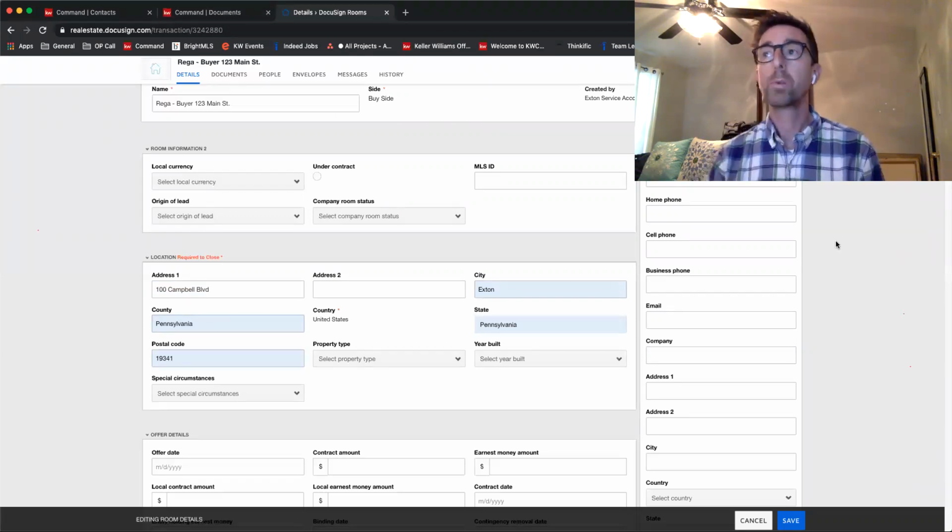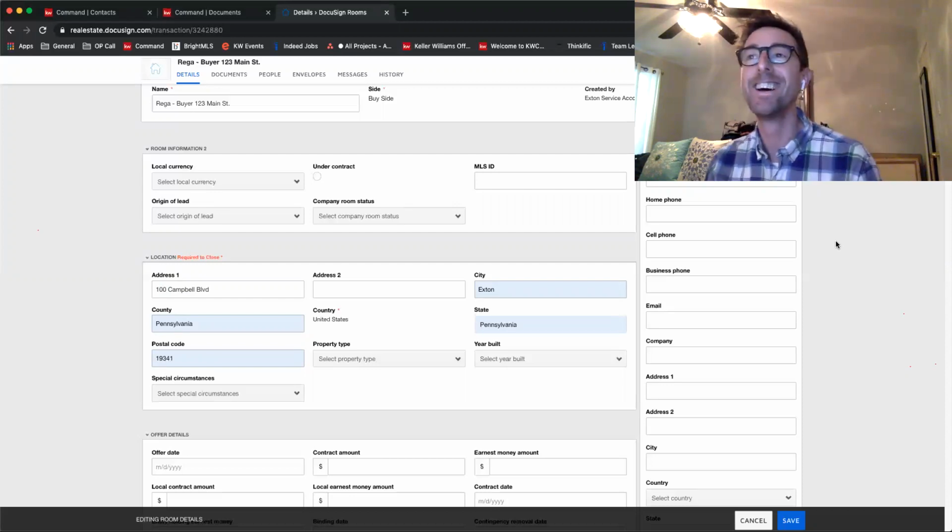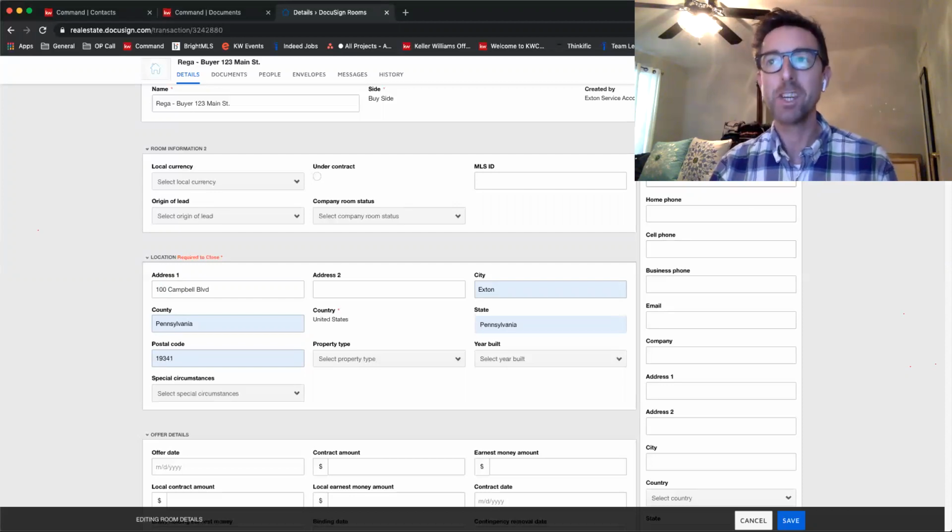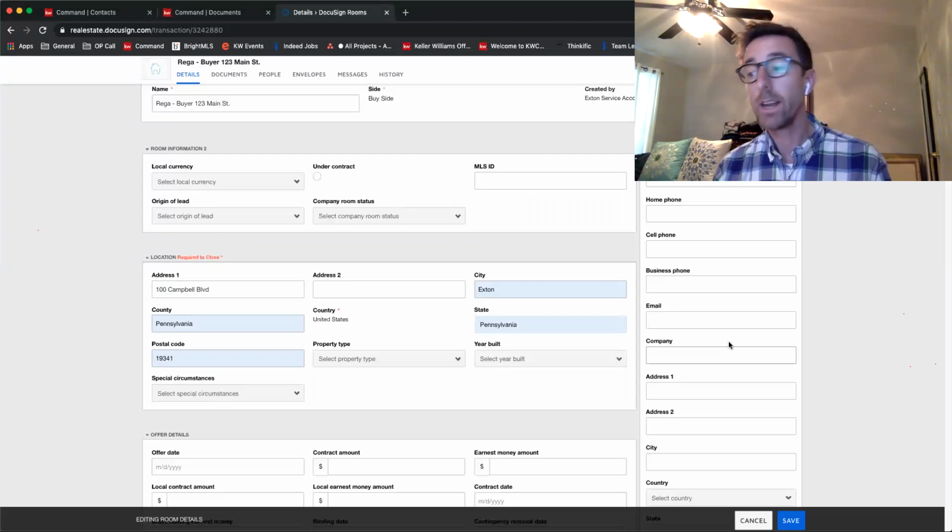And then probably the most important part of this is all of the information down the right-hand side. This is all of your people information. So your sellers, your buyers, your agents. So since we're doing,